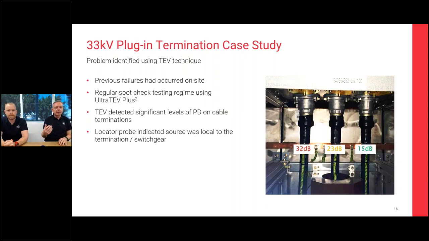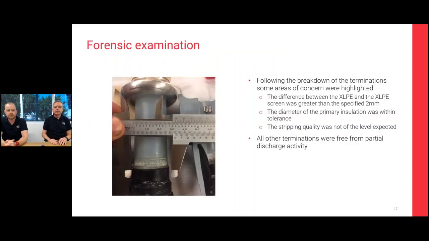So any level of discharge where we know that we've had previous failures, we start getting a little bit more concerned. In this particular instance, because of those previous failures, they took that cable termination out. They actually took all 3 of them out. The one with the 32 dB was found to be discharging, the other 2 were found to be free of discharge, and it was confirmed that there was a particular way that the termination had been put together